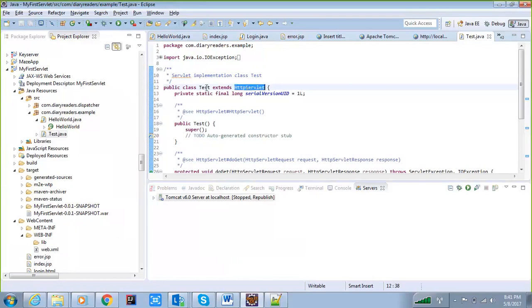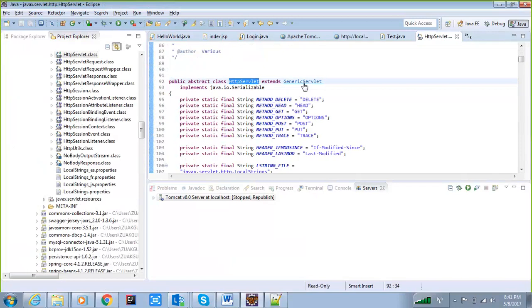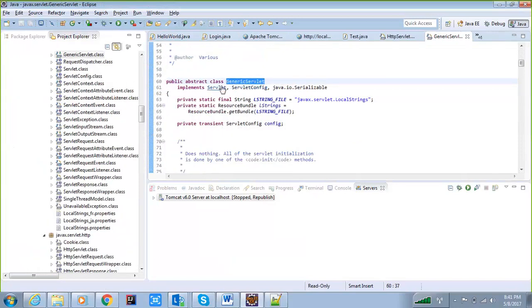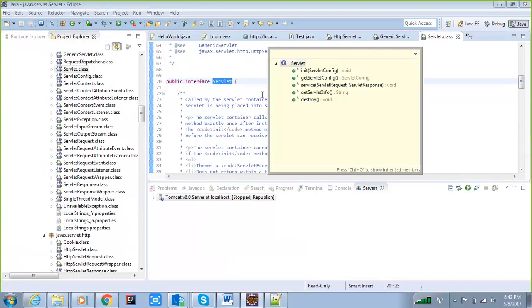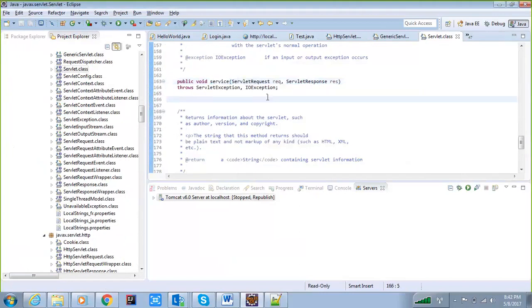This test class is extending HttpServlet. HttpServlet has the parent GenericServlet, and GenericServlet again has the parent Servlet. So Servlet is the main interface which we inherit in our classes at the end. And these classes have all the functions. If you see, this is the init, this is your service method, and this is your